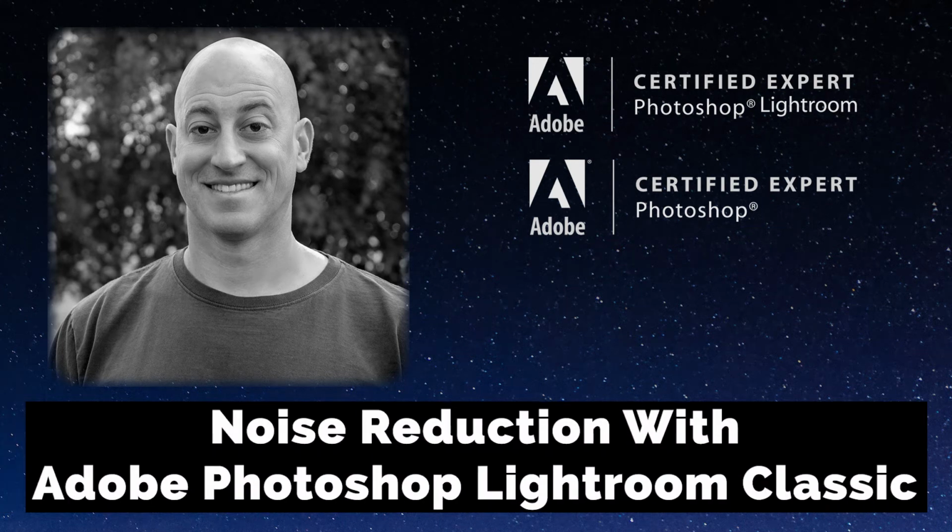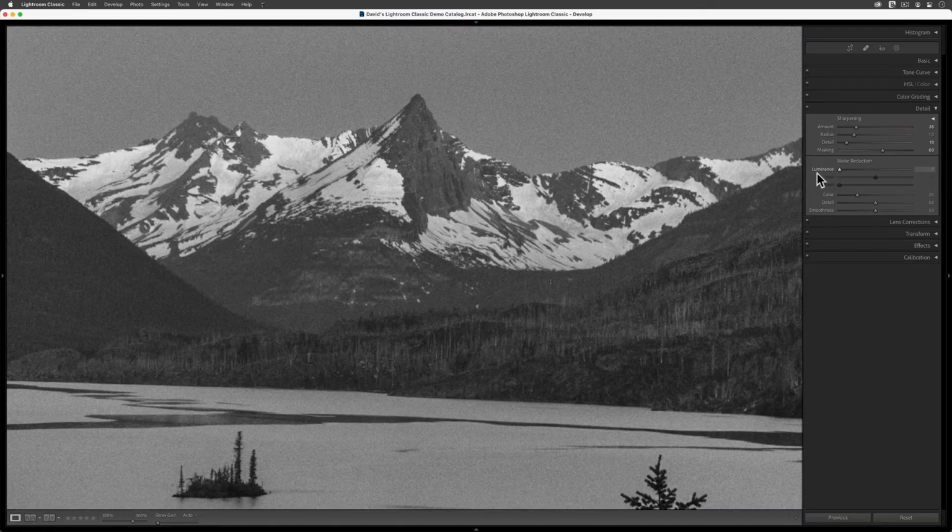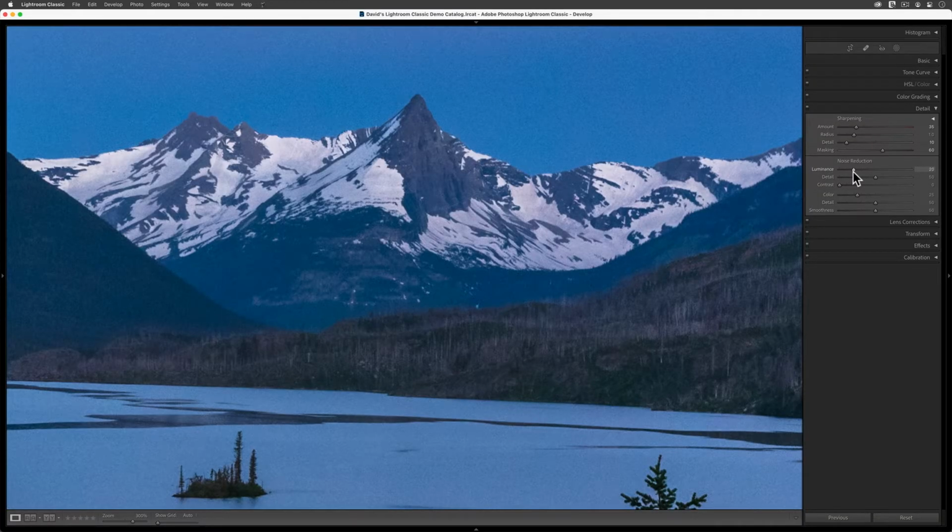Before we get started on noise reduction, I must admit that this is a tough topic for two reasons. First, when we talk about noise, we really have to zoom in and fixate on the tiniest details in our digital images. This level of pixel peeping can be hard to see in a video. The second problem is that noise reduction is never perfect. What we're looking for here is the point between an original capture that's too noisy and a finished product that looks too blurry. Now that you know what to expect, let's jump in and let's get started.